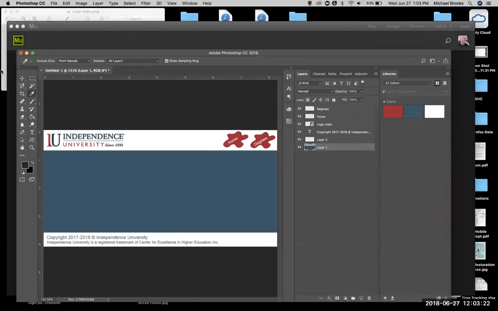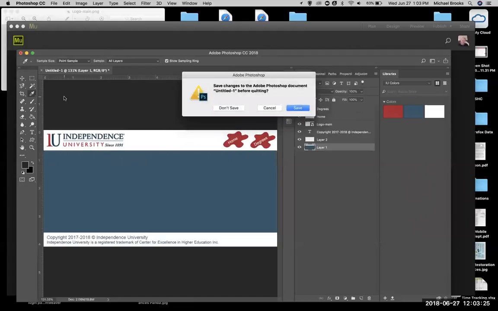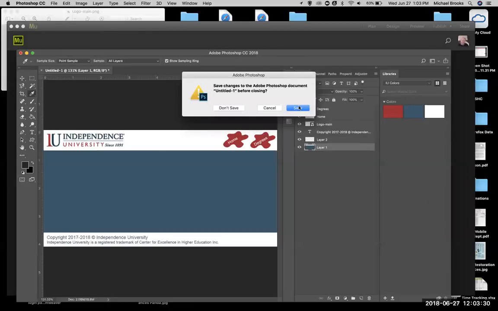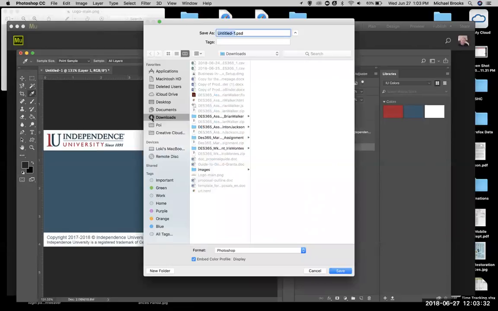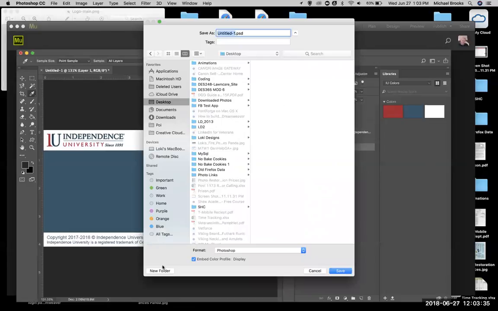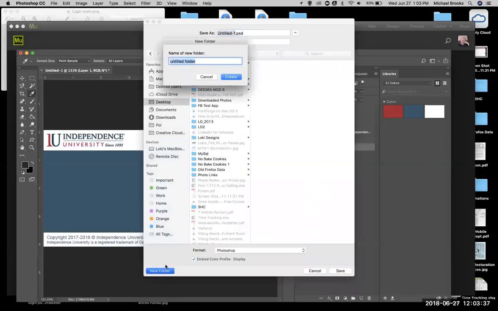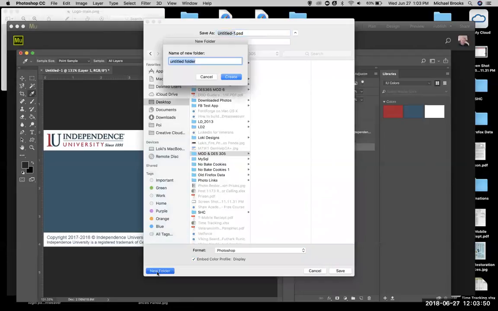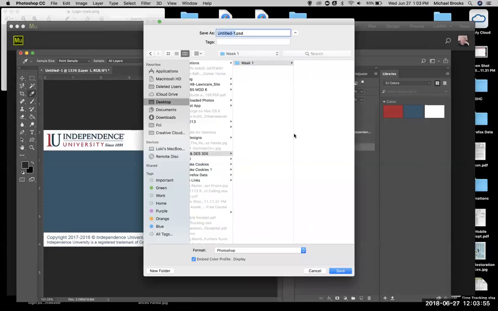Well, now, because of that, no, we don't want to do that. We want to close. We're going to save this first. So let's do it desktop. And we're going to call this folder MOD7 Design 305. All right, now week 1. All right, and we're going to build up each week. So this is the,